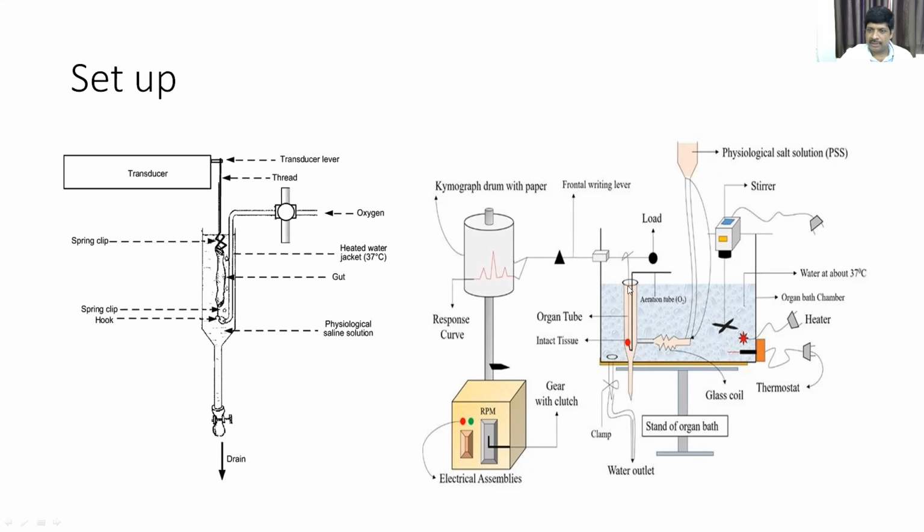From here oxygen is coming. When you take out the tissue from the animal, there is a high possibility that after some time the tissue will no longer be alive. So you need to keep it alive by keeping the tissue in physiological salt solution. What is physiological salt solution? It is a solution which contains many ingredients needed to keep the tissue alive, like sodium, potassium, bicarbonate, glucose, and those things. That mixture is made and then put here in the physiological solution bottle.